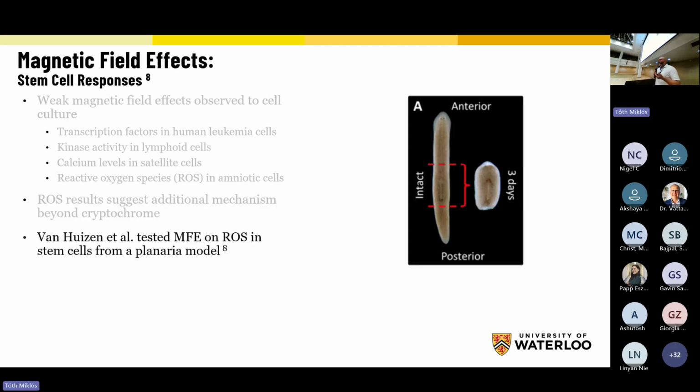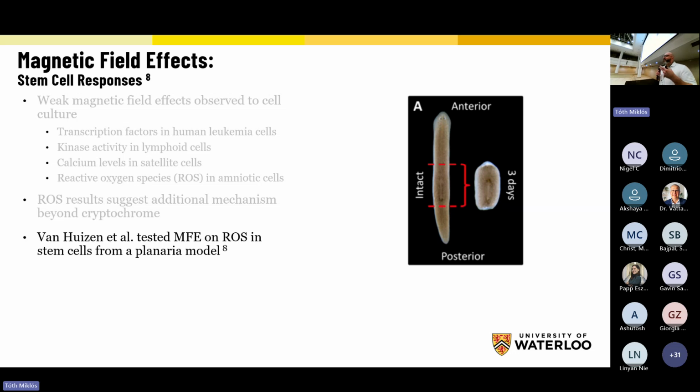There's a famous study by Wendy Bean's group that was done a few years back, where they were testing magnetic field effects on reactive oxygen species. Their preferred method of approach is using a planaria model. Planaria is a flatworm, and it is microscopic. You can look at it under a microscope and see it moving around. But it has a unique behavior: if you sever it, if you cut off its head or its tail, it will recruit stem cells and regrow itself.